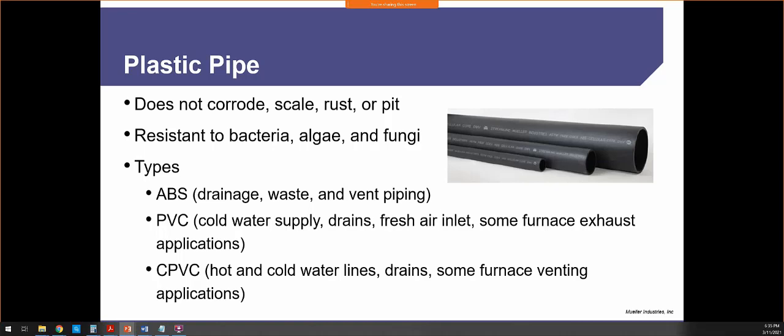All right, we're going to use that a lot of times for our venting of our furnaces. Okay, we could also use it for cold water supply, drains, fresh air inlet, and exhaust applications. The catch is with PVC, and there's talk of almost eliminating it. Once we start getting above about, I think, about 140 degrees, the piping starts to deteriorate. Okay, and so in certain applications, we're really pushing the limit of PVC for our exhaust coming from the furnaces,